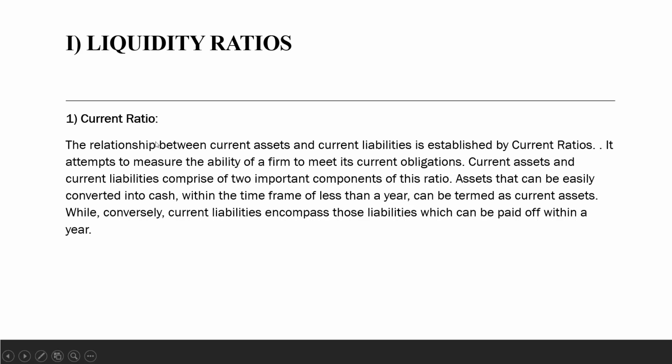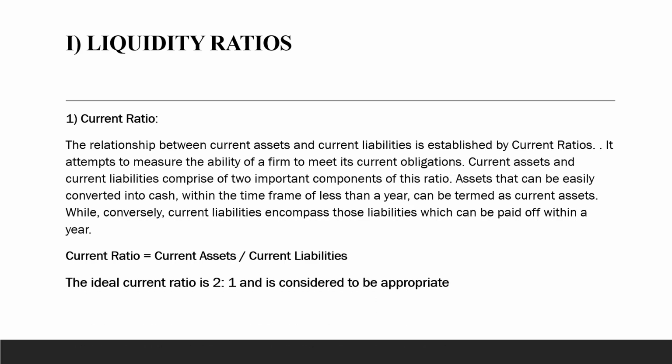To calculate the current ratio, there is one formula which is needed, that is current assets divided by current liabilities. Any kind of ratio has to be between two numbers, right? So in this current ratio, we have current assets and current liabilities. So the formula of current ratio is current assets divided by current liabilities. It is very important for calculating any kind of ratios. You need to understand the formulas of each ratio. So this is the formula of current ratio.